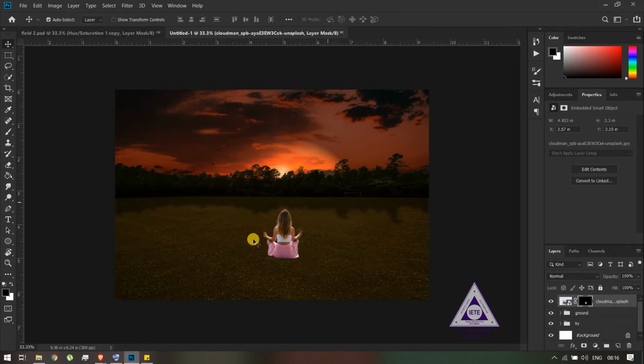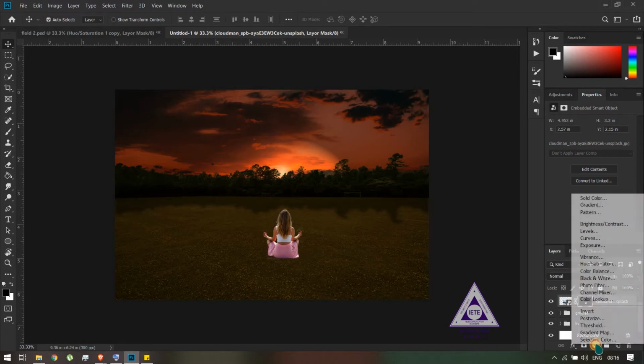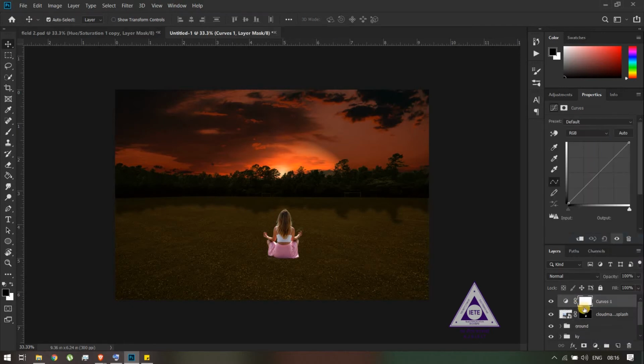Now to make the woman actually appear like she's in the scene, we'll have to change a few colors in the image. So to do that, we'll be using an adjustment layer called curves. This adjustment layer basically provides you a graph which goes from left to right, starting with the darker colors in the image to the brighter colors. So if I adjust the line right here, it will change the colors in the darker and the lighter region based on where I'm changing the line. If I change the line here, it will change the darker colors of the image.